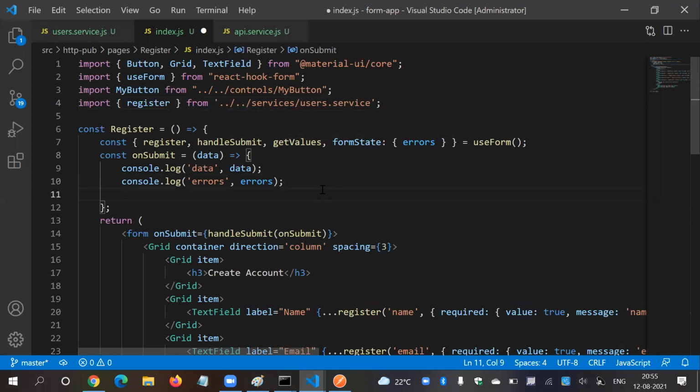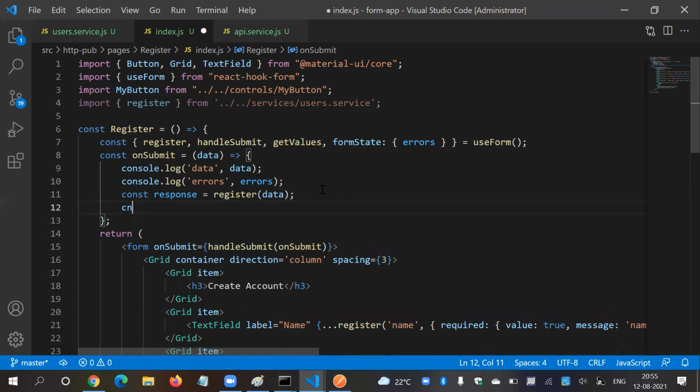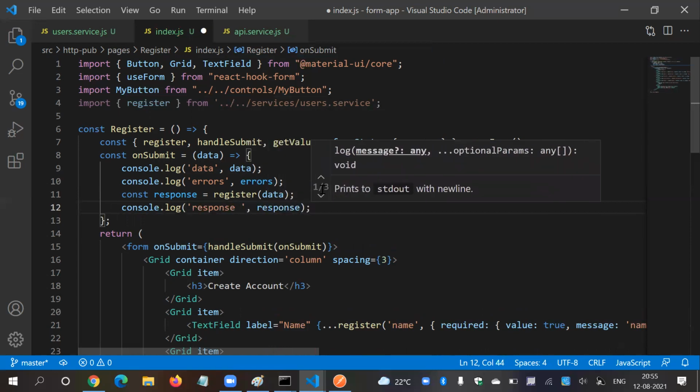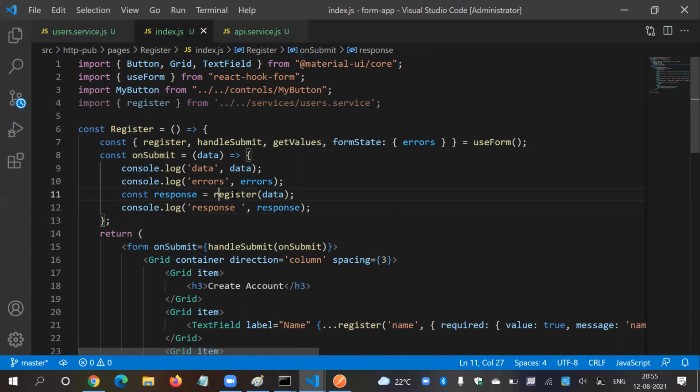And let's say constant response is equal to register, pass your data as it is, and print that data to your console. Your response you're getting, console.log response. Try to debug it responsibly. So this is my register method.